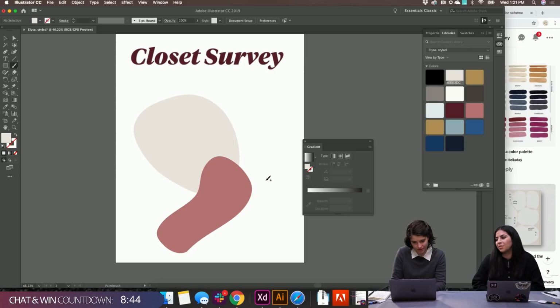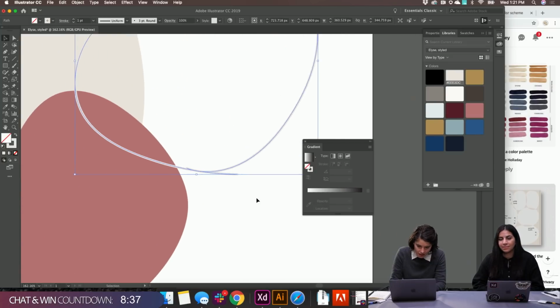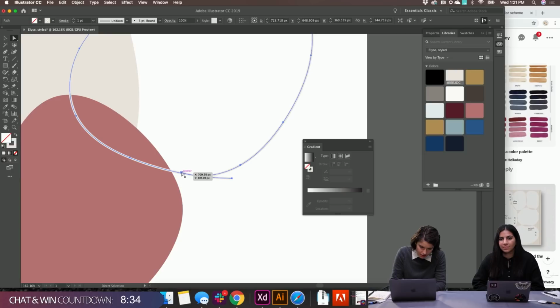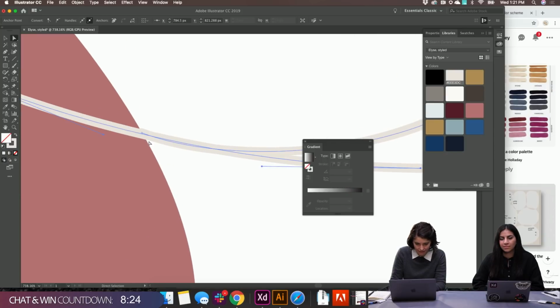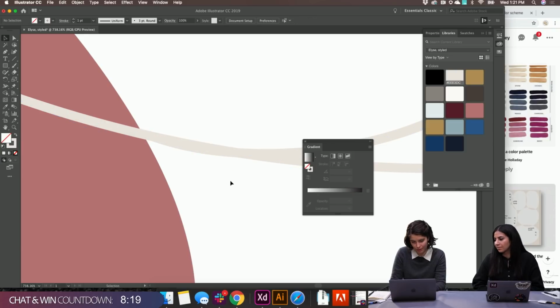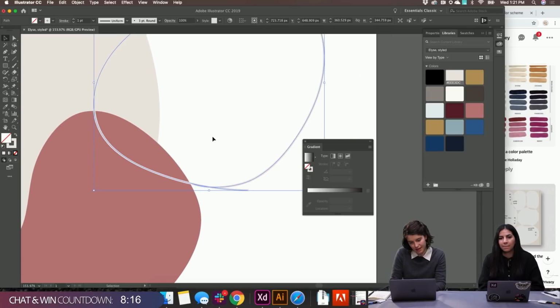Would you say you go to Illustrator often when you're working on design projects? Yeah, I would say that. I like XD as a kind of home base where I can move really quickly, and there are certain tools that I find to be power features that let me work really quickly. But I still will sometimes want to draw something like this, and it's hard to do that in XD. Yeah, that's true.